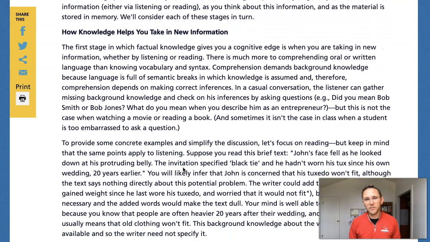So first, how knowledge helps you take in new information. The first stage in which factual knowledge gives you a cognitive edge is when you are taking in new information, whether by listening or reading. There's much more to comprehending oral or written language than knowing vocabulary and syntax. Comprehension demands background knowledge because language is full of semantic breaks in which knowledge is assumed, and therefore comprehension depends on making correct inferences. In a casual conversation, the listener can gather missing background knowledge and check on his inferences